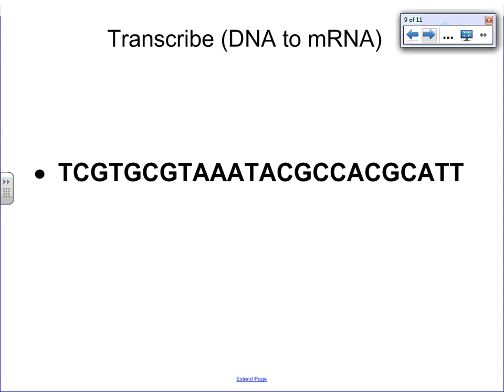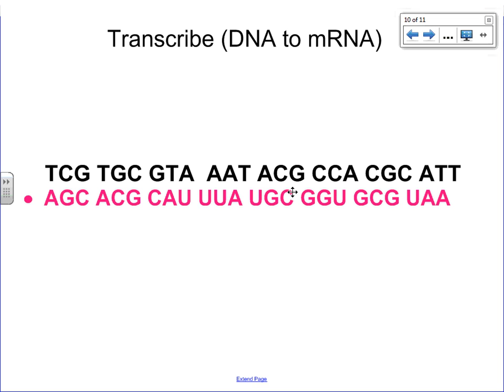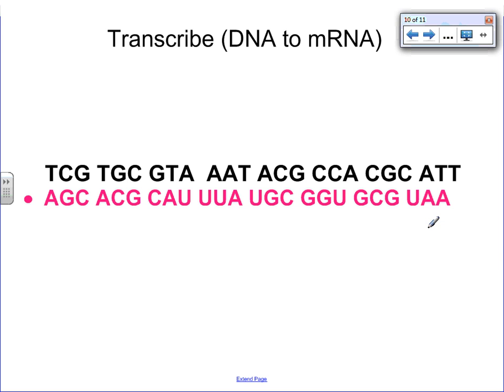All right, this is a longer DNA sequence. So remember, the first step is to split it up into threes. So we put some little spaces. And then if you were to make an mRNA copy of this, it would look like this. The T, the thymine, would pair with an adenine, cytosine with guanine, guanine with cytosine. All right, then now if we look at this one, the thymine would pair with adenine, guanine with cytosine, cytosine